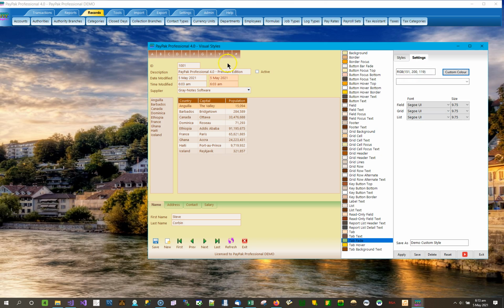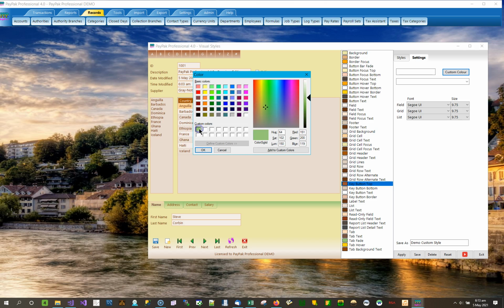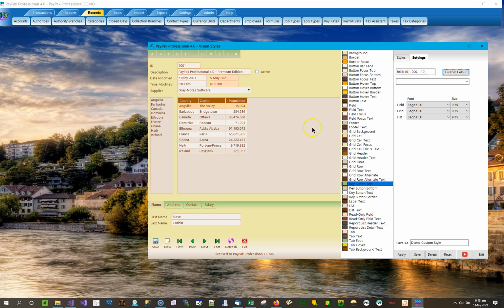These buttons at the top, these are called the key buttons. Now let's deal with them. First of all, there's a top element and there's a bottom element. So if I go to the top, I can say custom color, pick the same color I had before and say OK. And for the bottom,